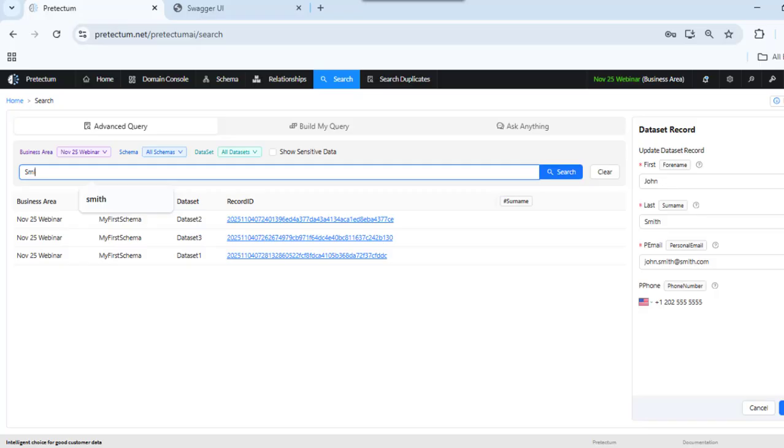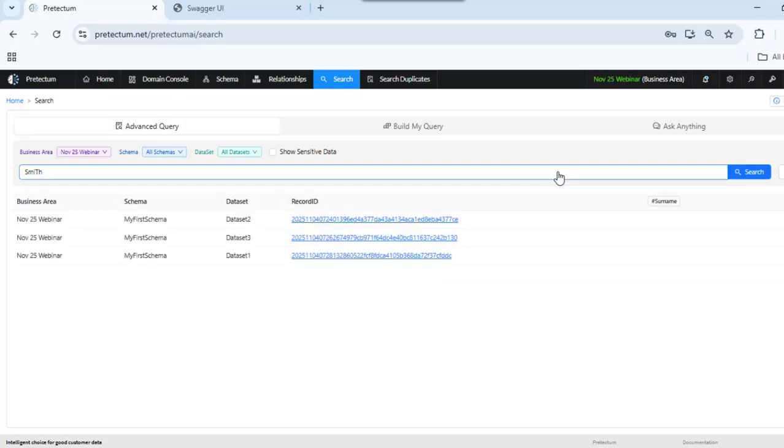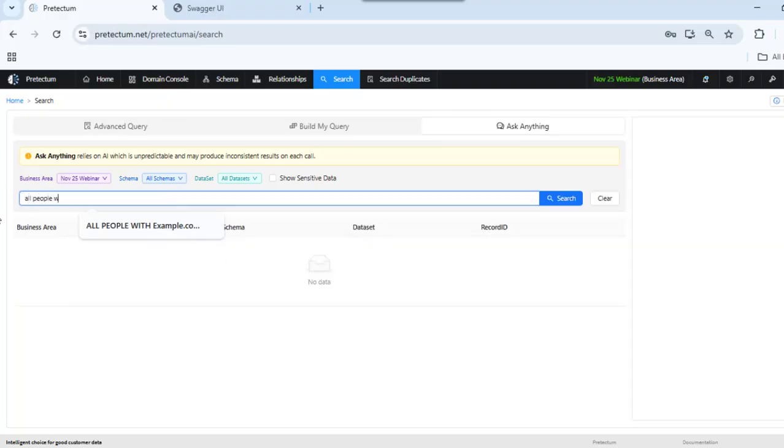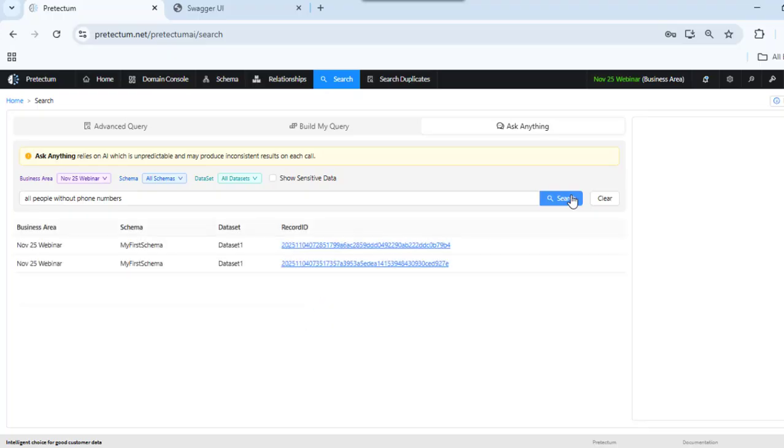I could mess it up a little bit here and have all kinds of things going on, and it would still find them because it's using a flexible search. I could also type an AI-based search, and I could say all people without phone numbers. And you can see here it's found 2 records,